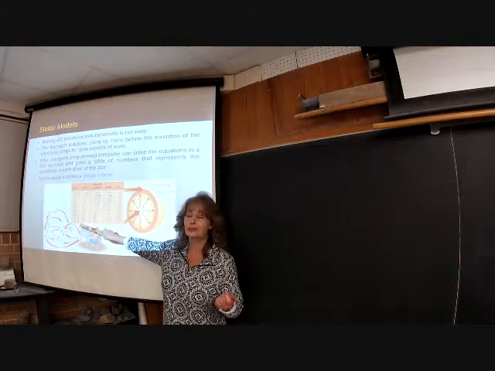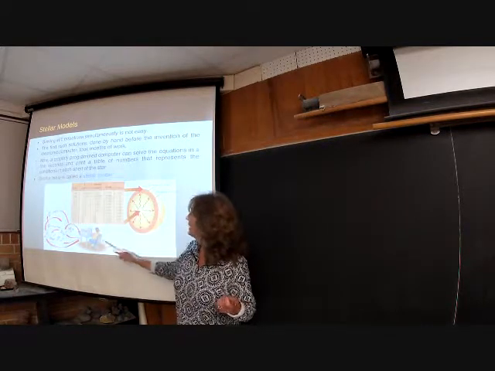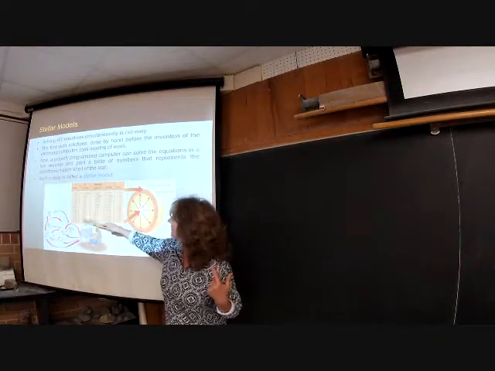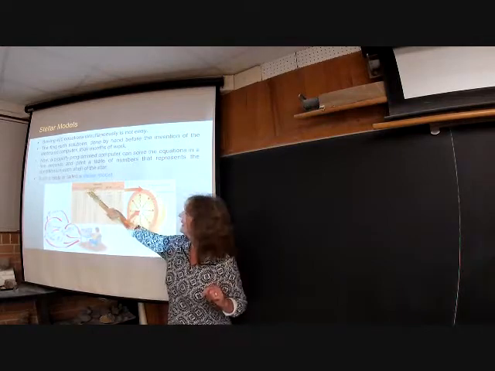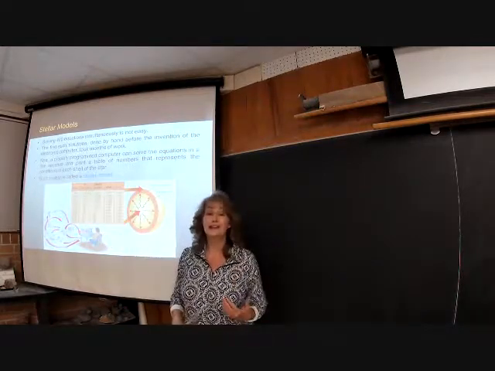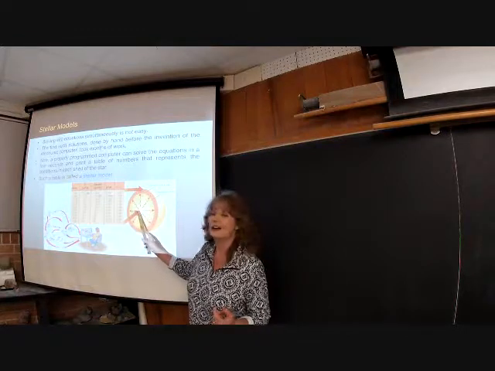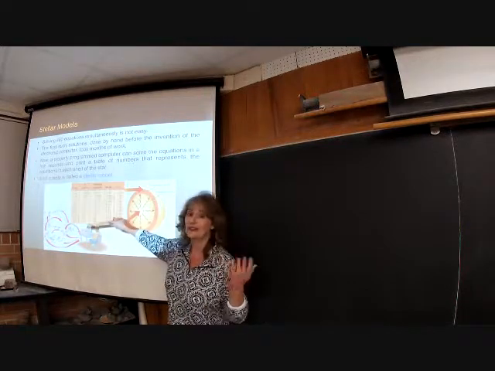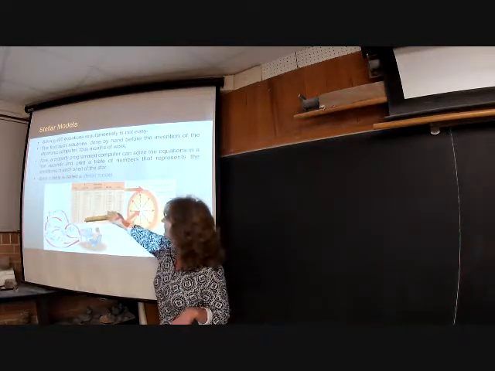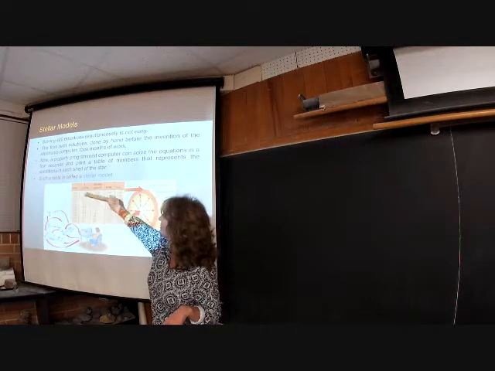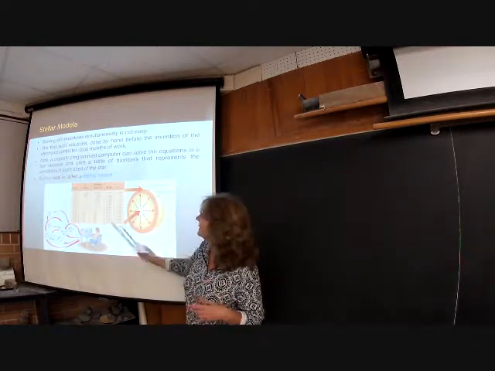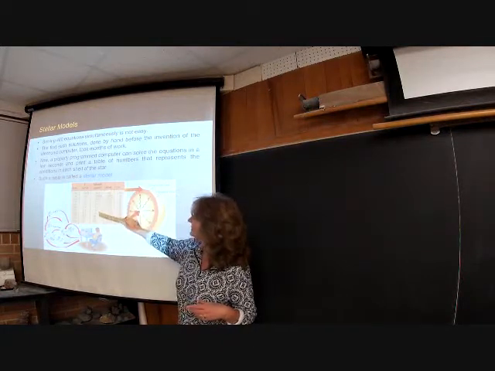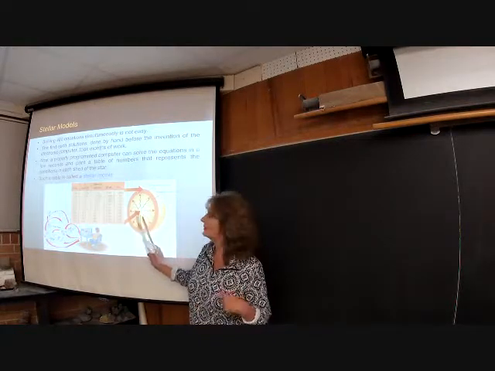I know you probably can't see these numbers, but at the center, it has 15.7 million Kelvin, and the interior center of our star, okay, it's really, really hot, okay, and they're using the sun as an example. And then it gets cooler as you're going outward to the surface, okay. Density, so of course density out here would be the least, and then as you went towards the center, okay, your density would be the greatest.